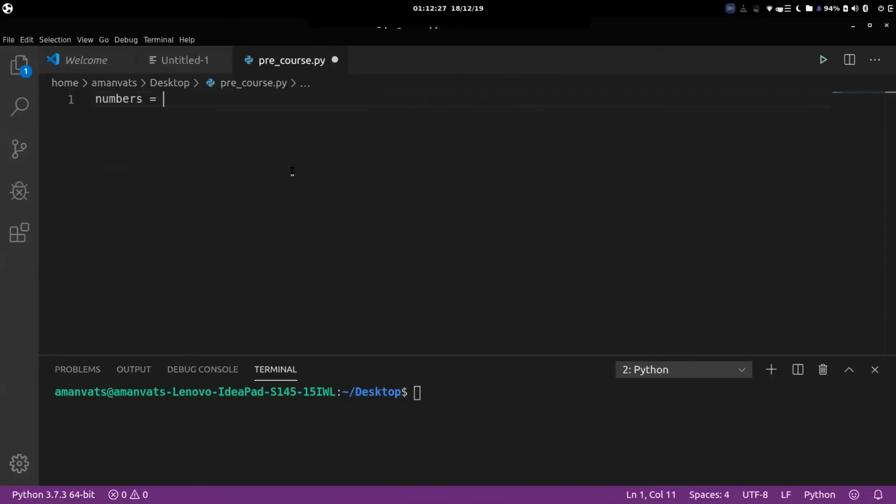Suppose you have numbers equal to 2 4 1 0 6, and you want to access each element one by one and print twice the value present in numbers. So how do we do that? You do something like for x in numbers,